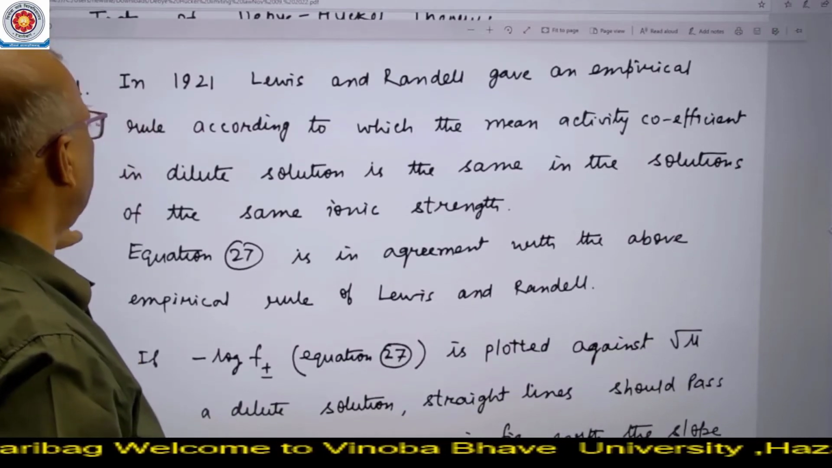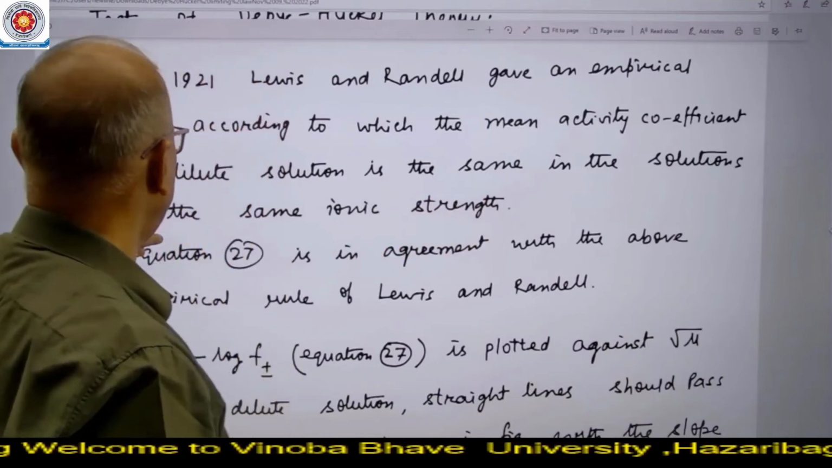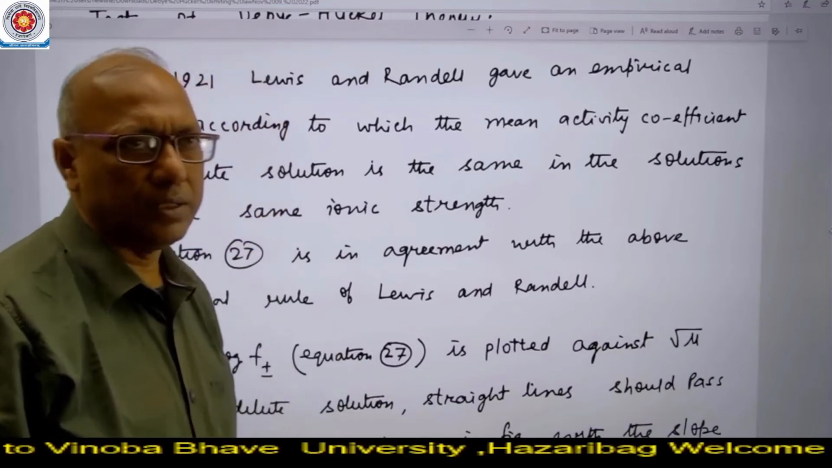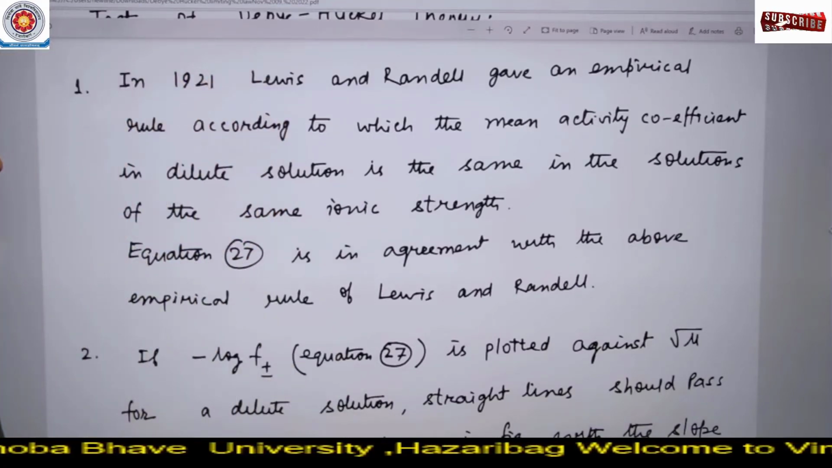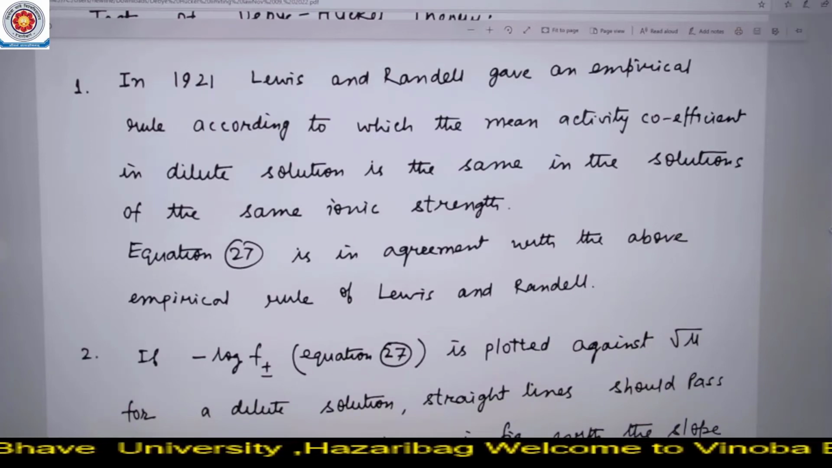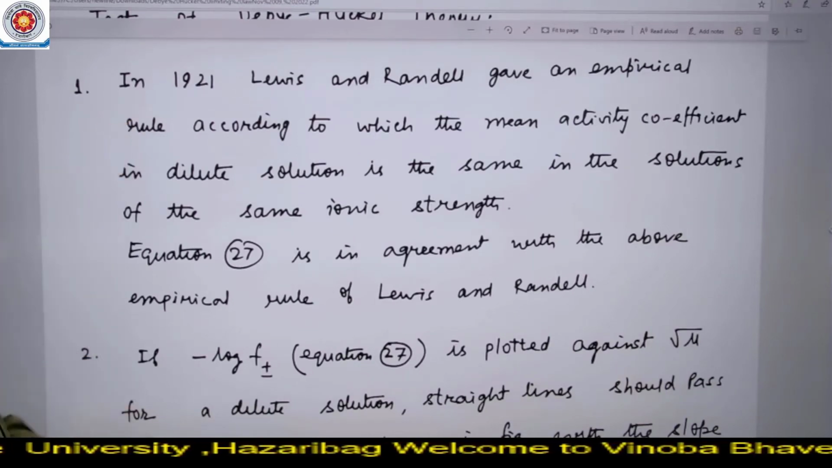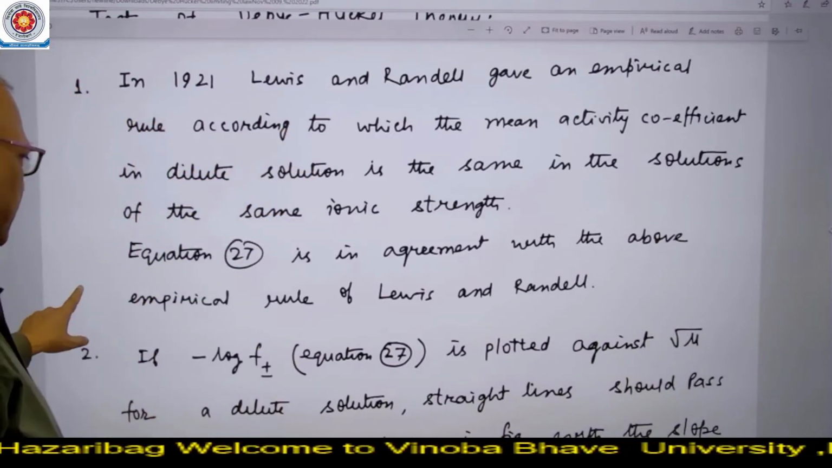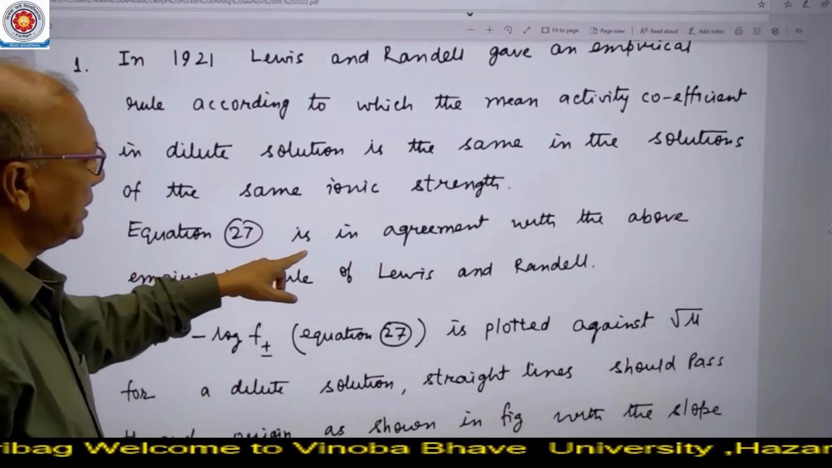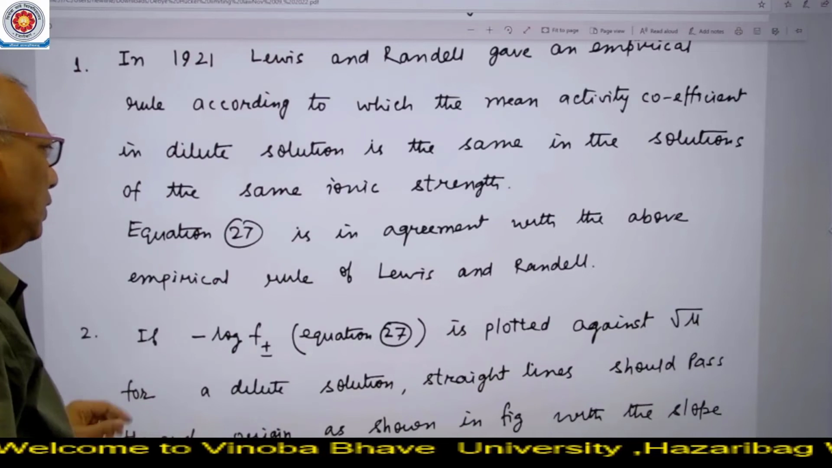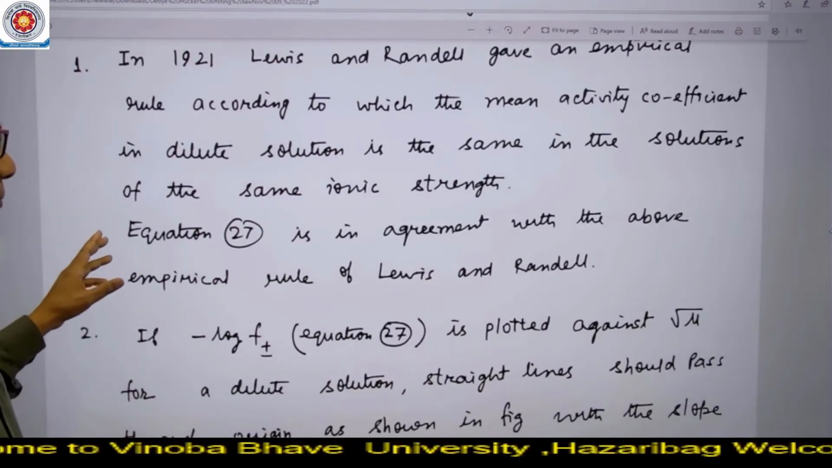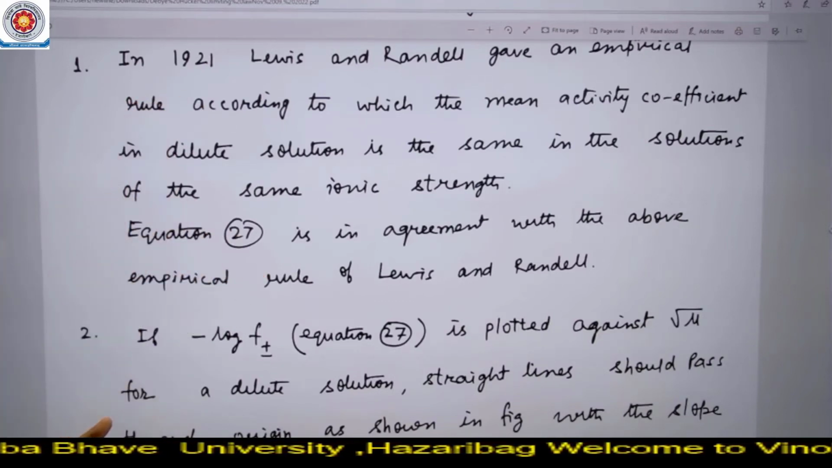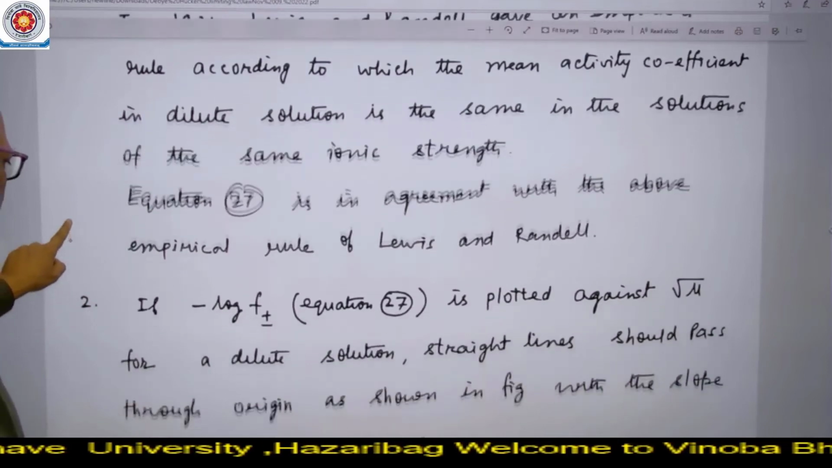Randall gave an empirical rule according to which the mean activity coefficient in dilute solution is the same in the solution of the same ionic strength। अगर आयनिक स्ट्रेंथ हम अलग अलग सॉल्यूशन में सेम रखें तो मीन एक्टिविटी कोएफिशिएंट की वैल्यू सेम मिलेगी। ये 1921 में लेविस और रेंडल ने एक एम्पिरिकल रूल निकालकर फैक्ट को एस्टैब्लिश किया था, और इक्वेशन 27 इज इन एग्रीमेंट विद द अबव एम्पिरिकल रूल। इक्वेशन 27 का रिजल्ट और लेविस एंड रेंडल के एम्पिरिकल रूल का रिजल्ट दोनों सेम होते हैं।